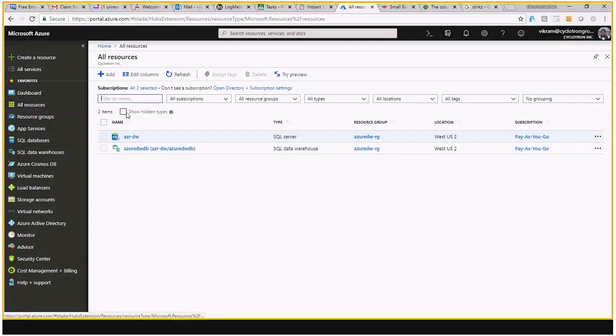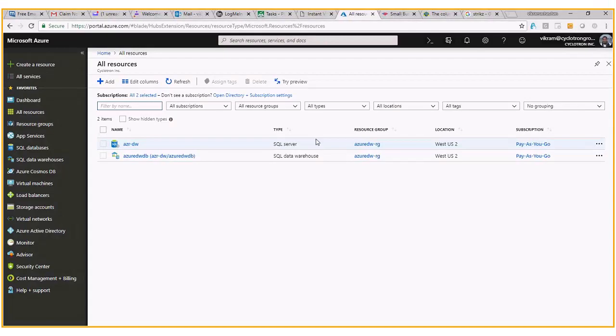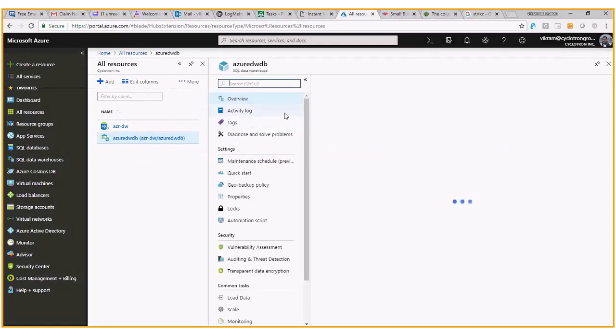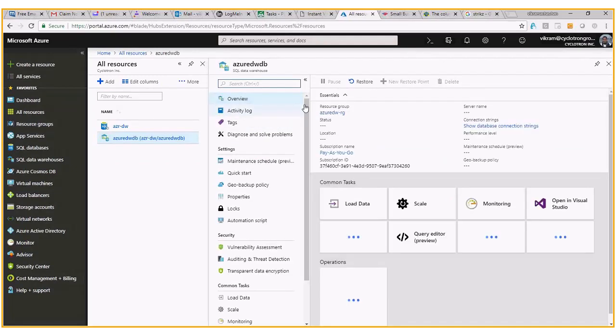Here you have the capability of lining up resources and connecting to them based upon the different resources. So here is an example of an Azure SQL data warehouse, which is established on an Azure SQL data warehouse server, and it's running and live at the moment.